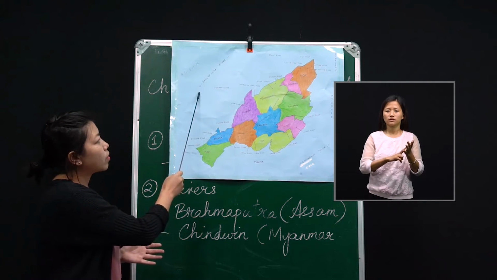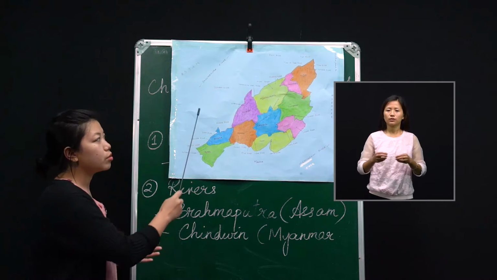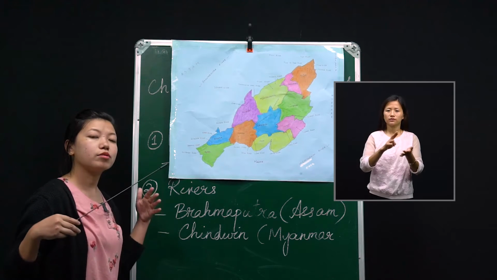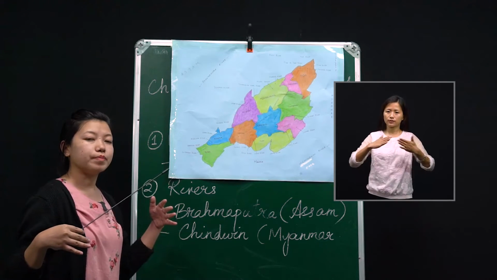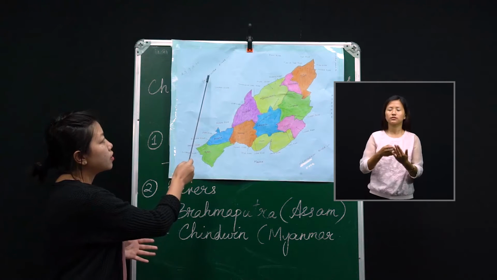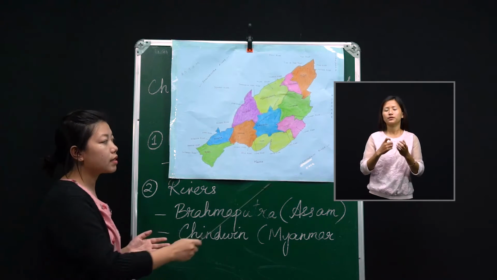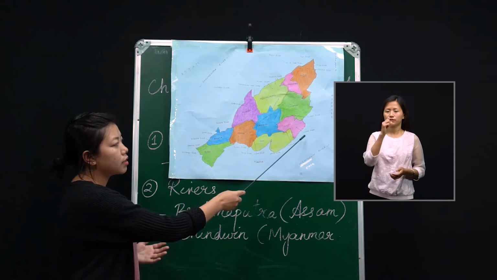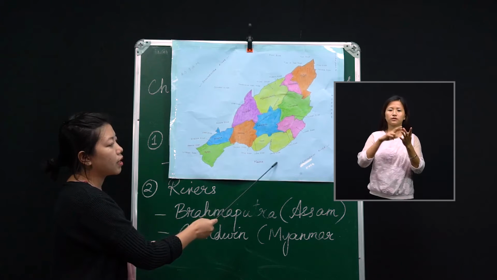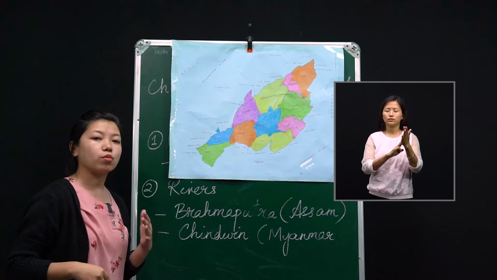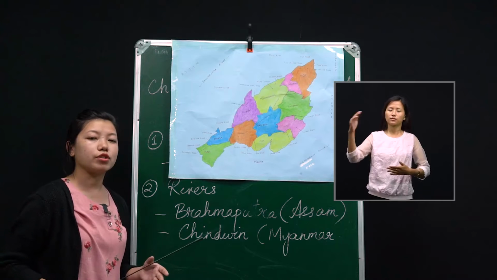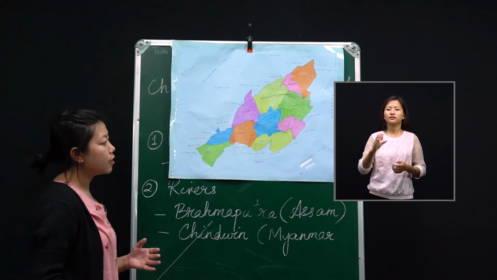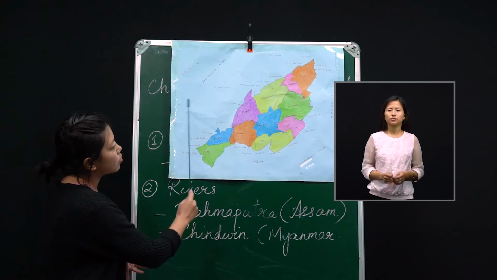However, coming to Brahmaputra River again, the difference between these two rivers is that in the Brahmaputra River, the rivers of Nagaland used to come separately in different directions and join the Brahmaputra River. However, when it comes to the Chindwin River, the rivers I mentioned now, the Zunki, the Likimro, the Tizi and the Lanye River, they all come and meet at one point, and only then do they go and join the river Chindwin, which is on the Myanmar border. All right, so that is the difference between these two rivers.